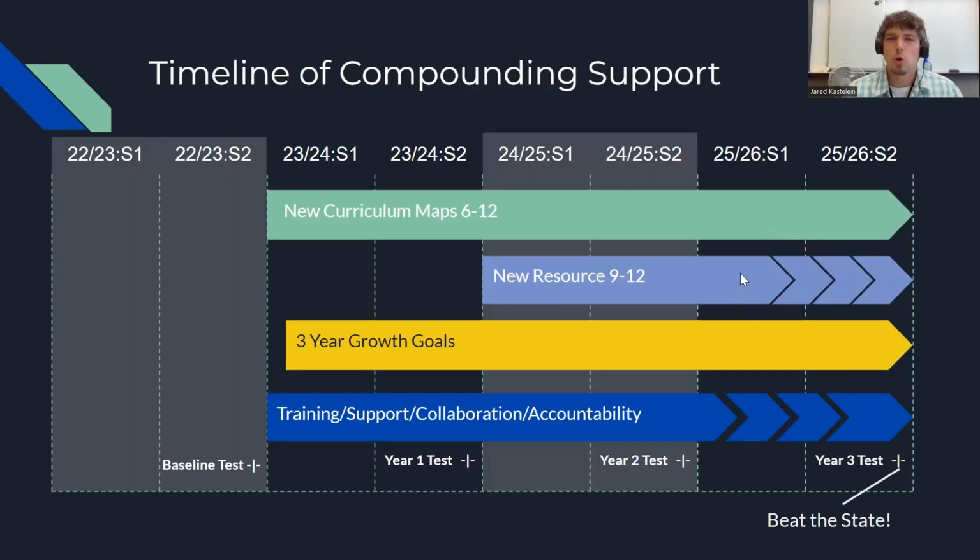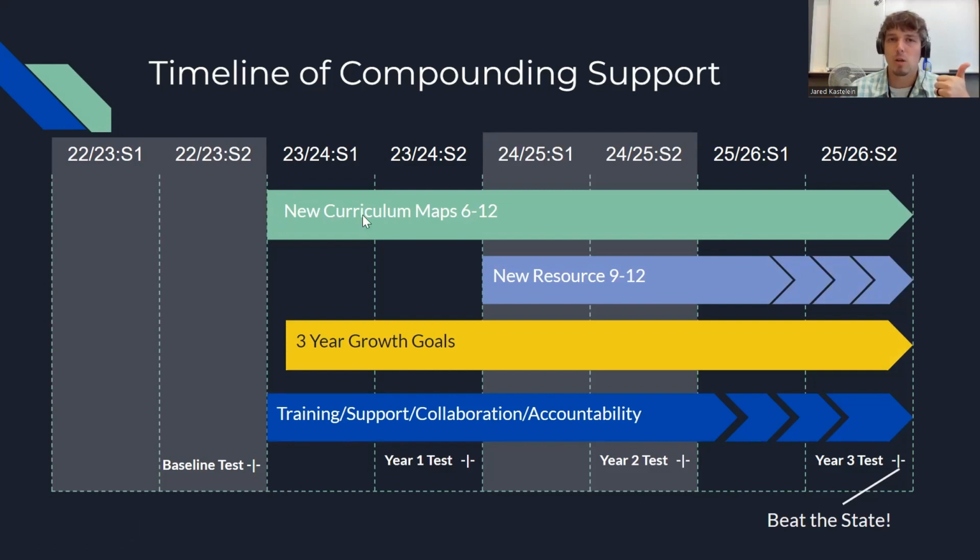I kind of mentioned earlier that we're going to increase every year. We have a linear goal, but that doesn't mean that it's going to stay linear. As you can see here from this graph, this represents last school year. I was here, I was helping out, but kind of learning the ropes. We had the MAP test here at the end of the school year, and so that's kind of our baseline data. We have our 3 tests that we're going to be taking every year.